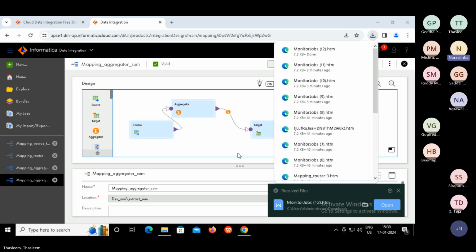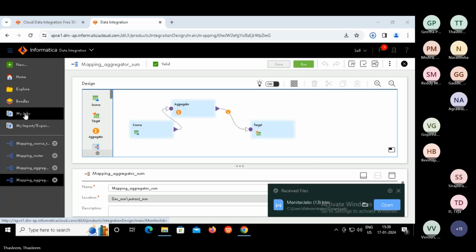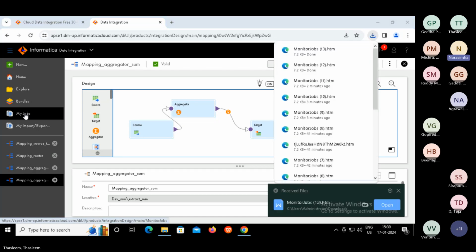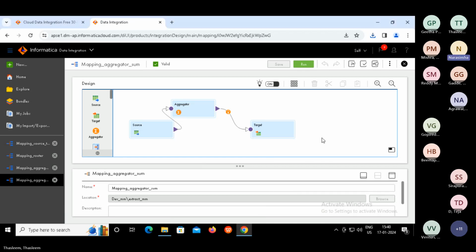Oh, that is okay. I can just escape it because it looks like downloading. So every time you're getting this, right? Yes. Click on my jobs again. So you are getting these received files.